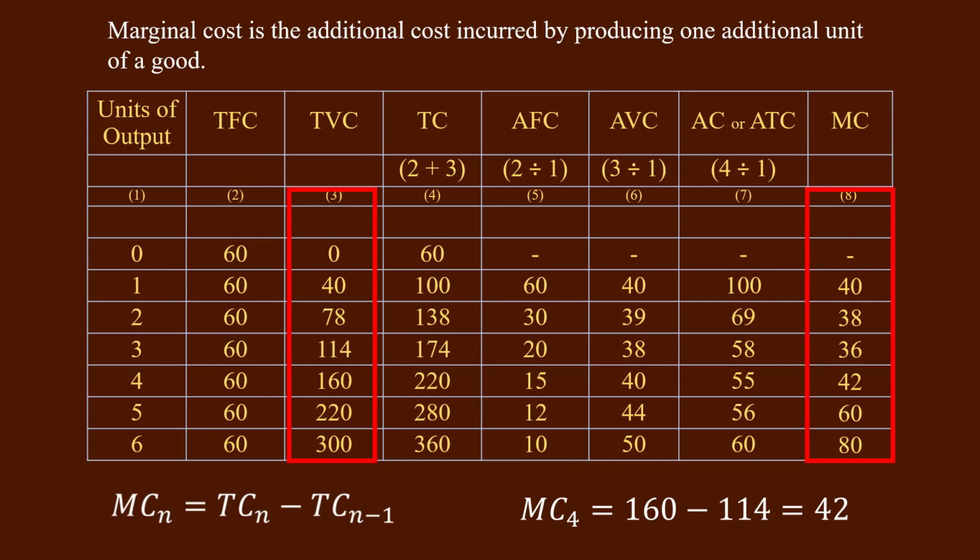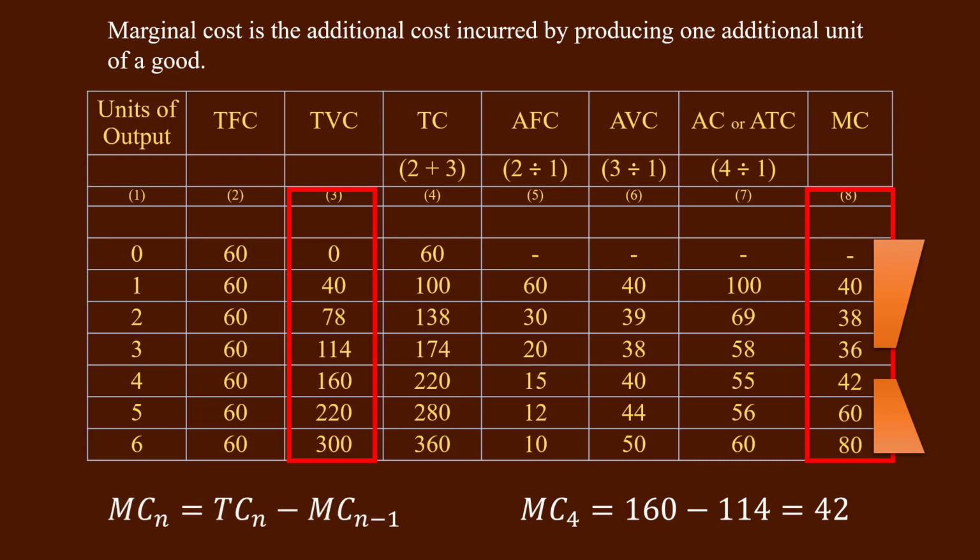In cost analysis, the relation between marginal cost and total variable cost is unique. Marginal cost shows the rate of increase of total variable cost. Up to the third unit, marginal cost is falling. In this range of output, total variable cost is increasing at a decreasing rate. Exactly at the third unit, total variable cost increases at a constant rate. After that, marginal cost increases, total variable cost is increasing at an increasing rate.